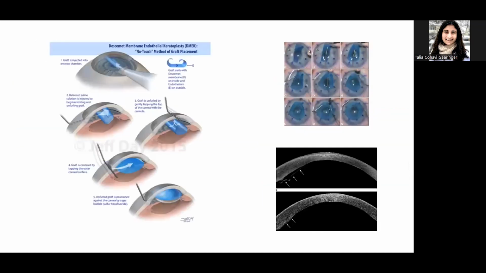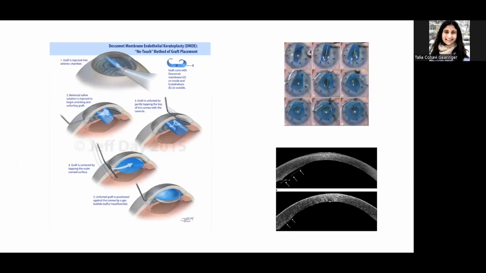So this is a pretty good way to show how the surgery goes. Usually this tissue tends to roll itself, like you see here, it kind of rolls towards the inside. So when we inject the tissue into the anterior segment, it becomes a roll. So what do we do to be able to unfold that roll? So we have to,